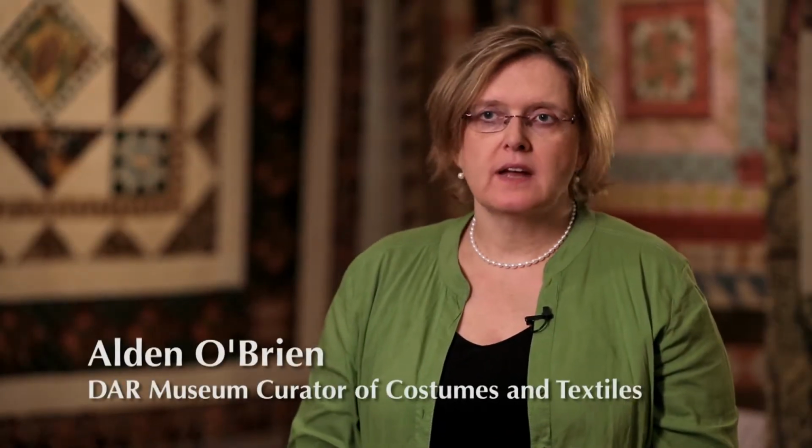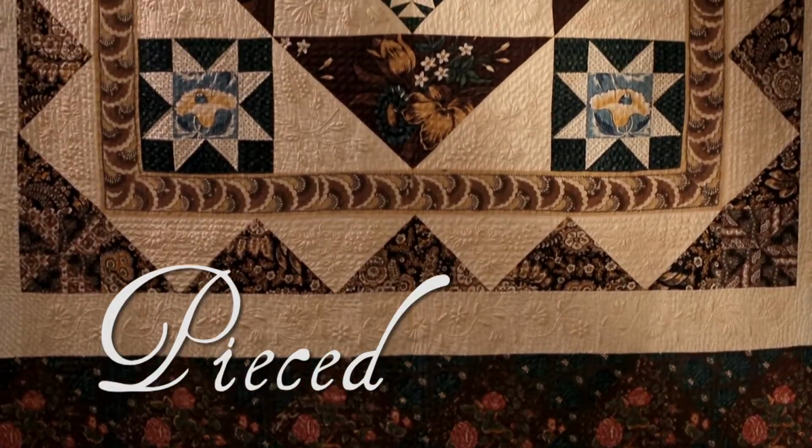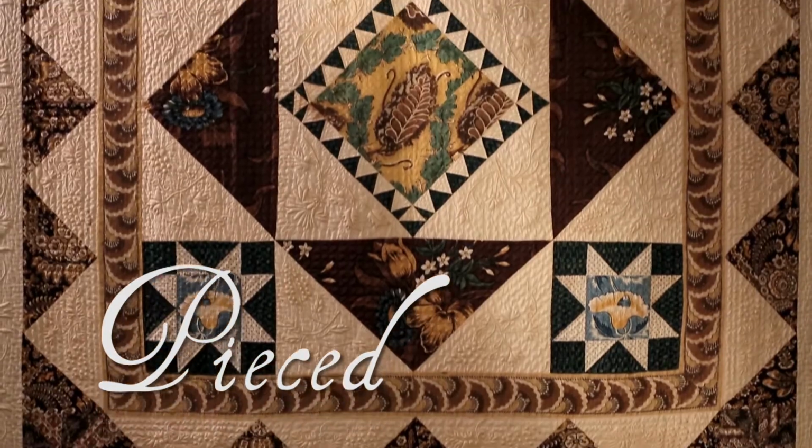Quilts come in basically two formats. You have the pieced and you have the applique. So in any given time period, in any location, the quilts that survive will either be pieced or they'll be applique. Many of our quilts from Maryland and Virginia in the period that we're studying in this exhibit happen to